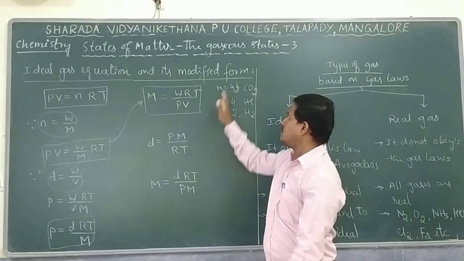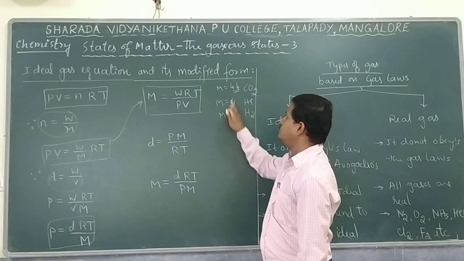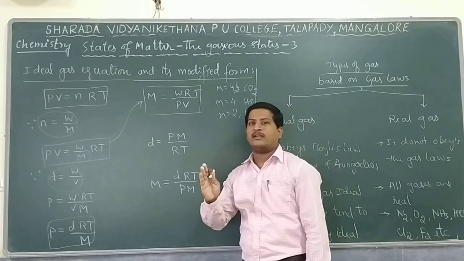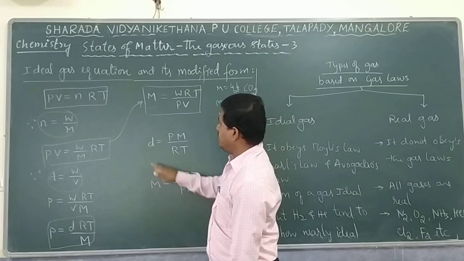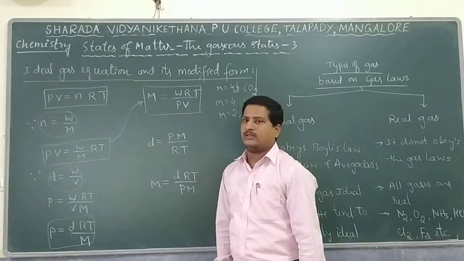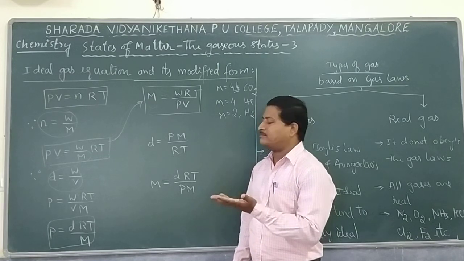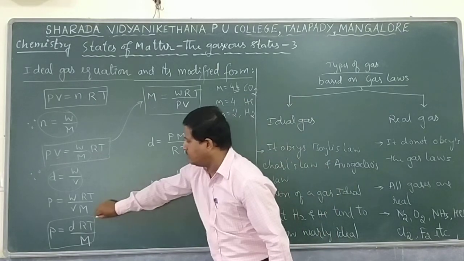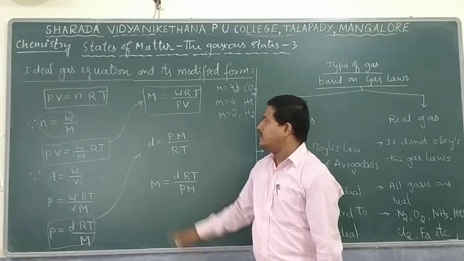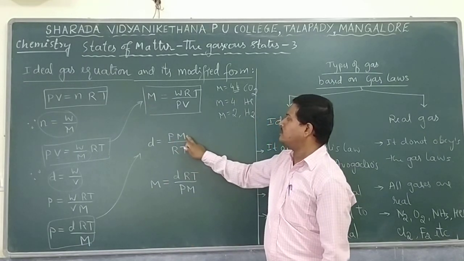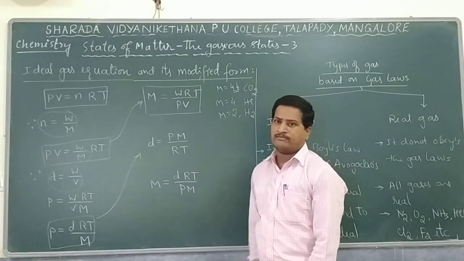Like that, the nature of the gas can be identified by using molecular mass. That is one of the important advantages. Another advantage: the density of the gas can be calculated. Weight, their lightness, or you can say dense property. So density can be found using this relation: density equals pressure into molecular mass divided by R into T.